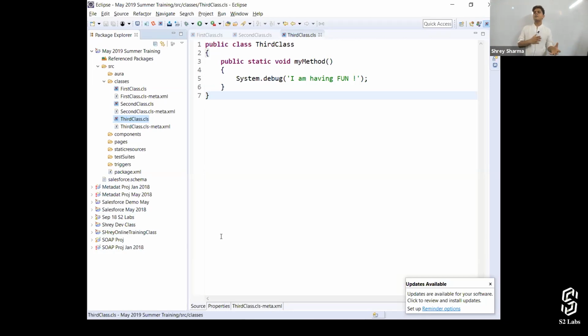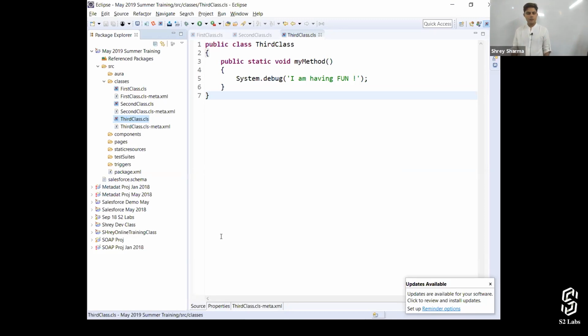So whenever I am working on a larger scale, not on only a single project, I'm going to use Eclipse. Number three, when I'm using Git, version control and stuff like that, I have to use Eclipse IDE. I cannot do it on developer console. I can do it on Salesforce developer console with the help of DX. There's something called Salesforce DX, which allows us to do CI/CD and everything like that. But we can do all of this with the help of Eclipse and using a version control like Git.